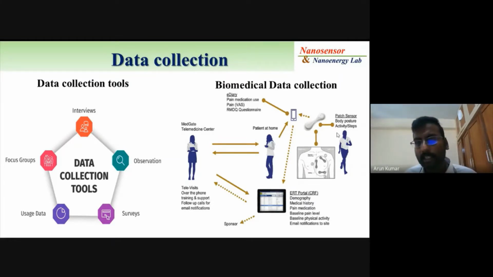So here you can see a patch that is placed on the chest that helps to record the heartbeat, ECG or EEG, and that also helps to understand the breathing pattern, like if a rhythmic response from your heart is there. These sensors help to get the data and send it through a mobile device or to a computer through Wi-Fi, Bluetooth. A lot of technologies are there that help with communication.